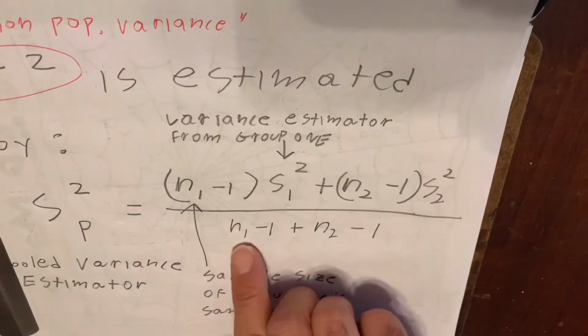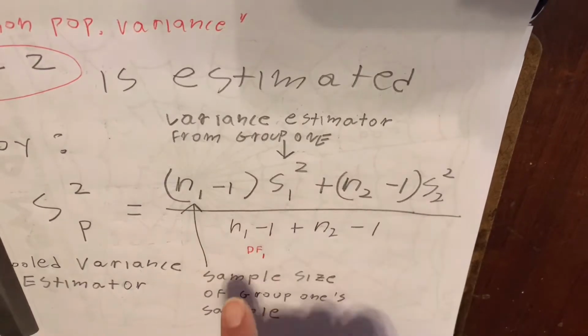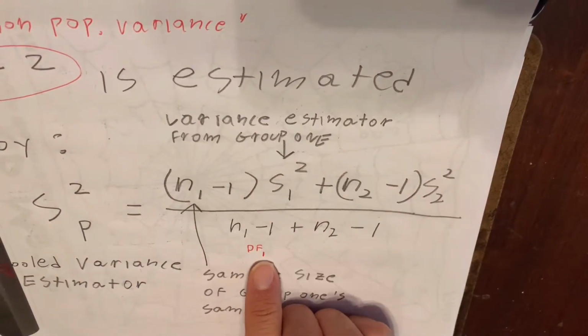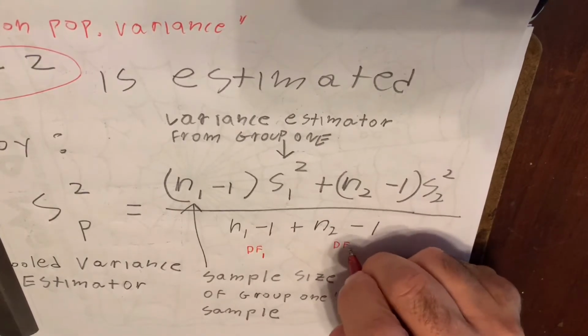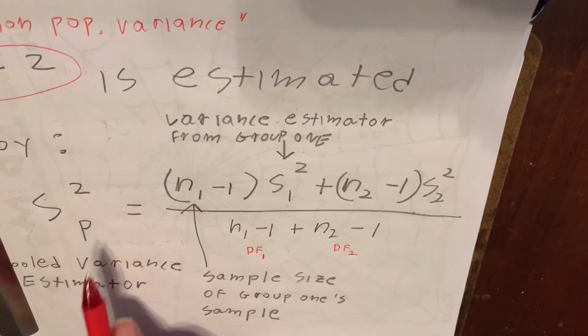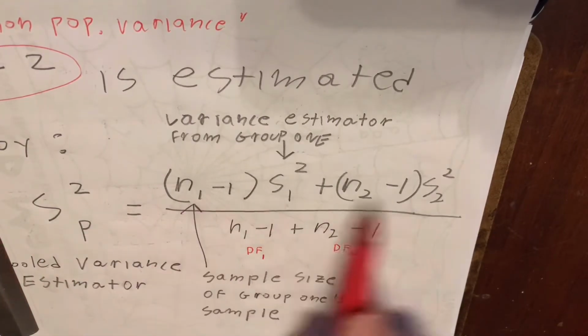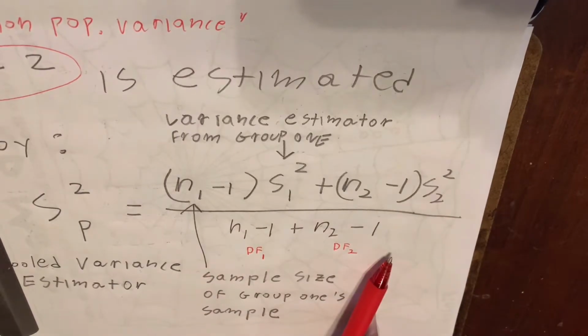This here is the degrees of freedom from the first group, so I'll call it df subscript 1. And this is the degrees of freedom from the second group. So this pooled variance estimator is the sum of squares from both groups divided by